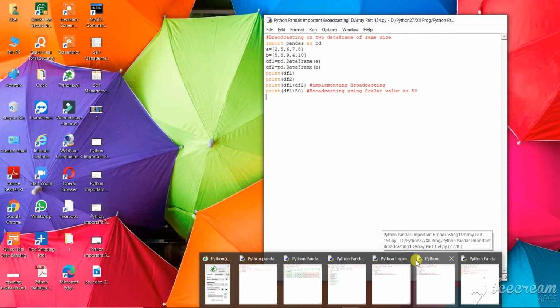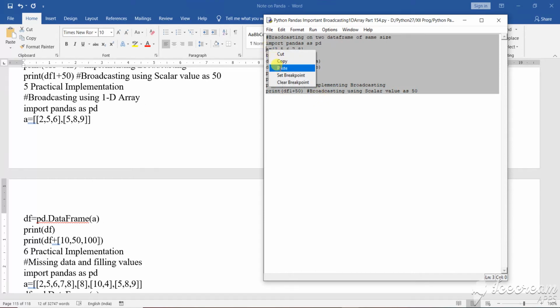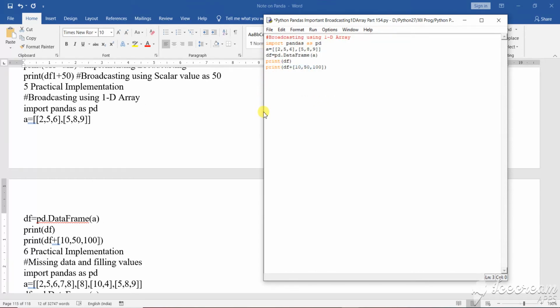This is the other program. One-dimensional array. Clear? So for the one-dimensional array program, how will the program be implemented? One dimension means one particular array I have taken here.